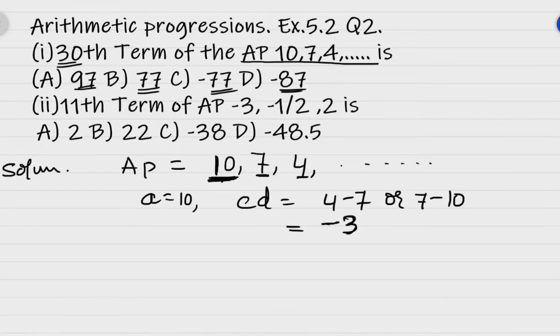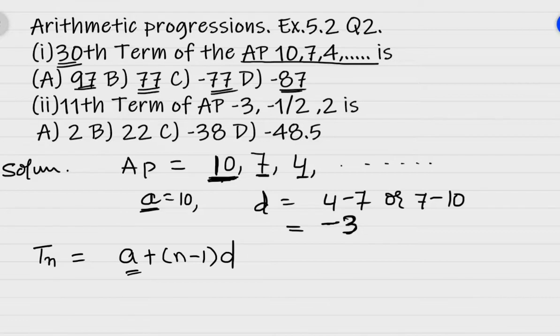So here you have got your A and common difference, or D. We say it as common difference, but when we write it, it is D. So your D is equal to minus 3. Now children, how do you calculate the nth term? You calculate the nth term using the formula A plus n minus 1 into D. This we have seen in our previous class, how you got this formula.